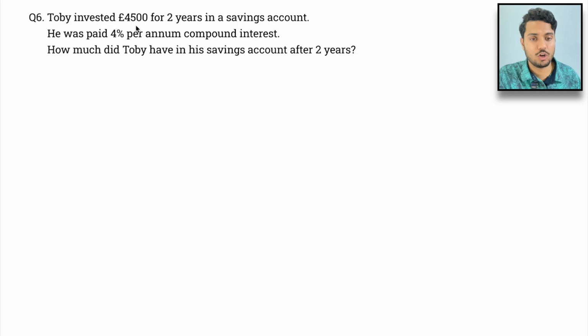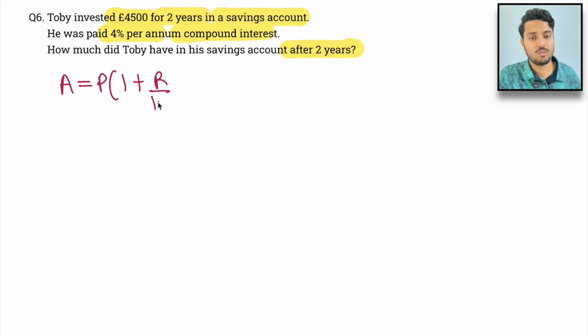It says Toby invested £4,500 for 2 years in a savings account. He was paid 4% per annum compound interest. How much did Toby have in his savings account after 2 years? So they're asking the final amount that Toby has in his account after 2 years. So the amount formula is amount equals P (1 plus R upon 100) raised to T, where T is the time period. This is your principal amount